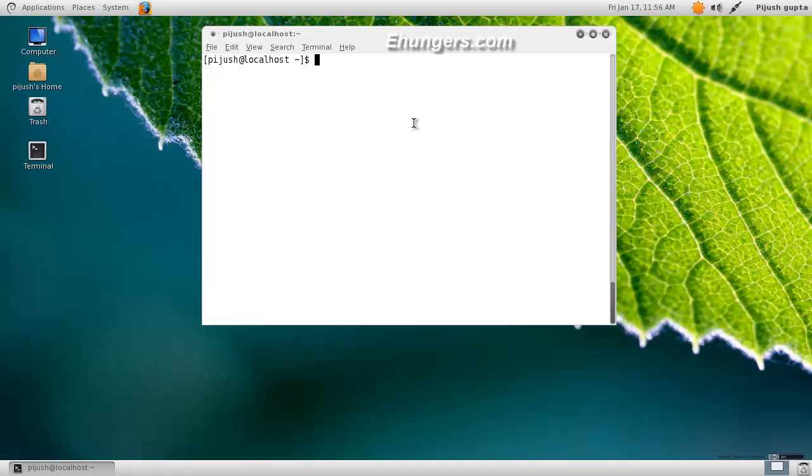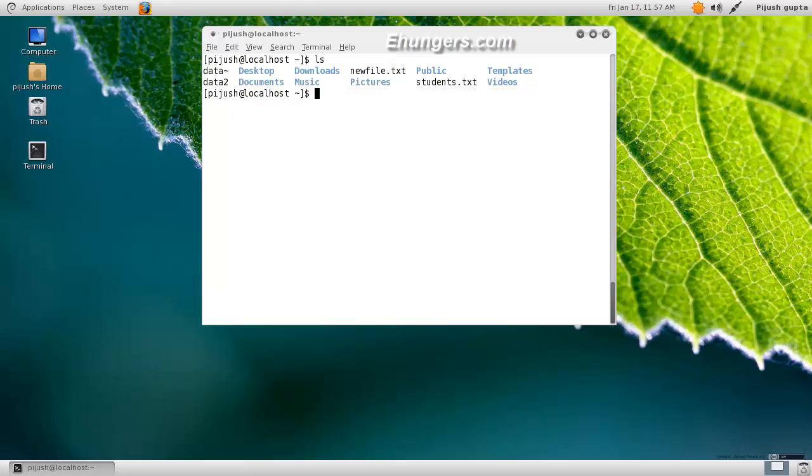Let me take ls as an example for piping. ls is showing everything in my home folder, like files and folders. I have very limited files and folders in my home folder. Suppose you have tons of files and folders in your home folder and you want to find a specific file or folder. For that case, you can't simply do ls or scroll down manually to find whether that file or folder is there or not.